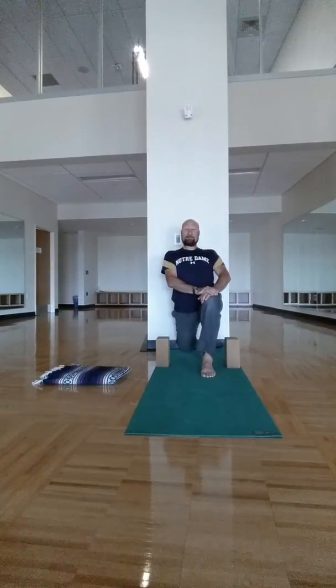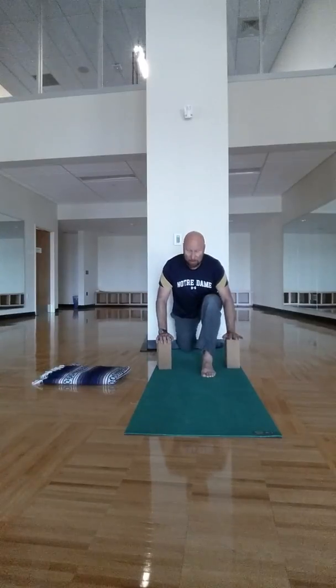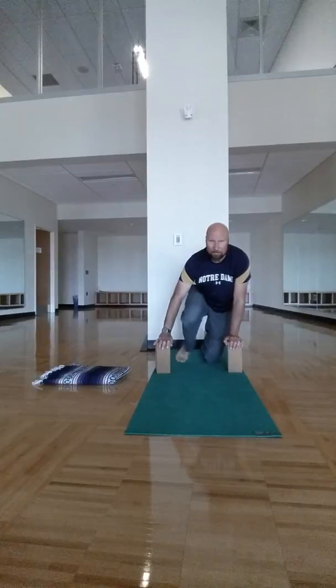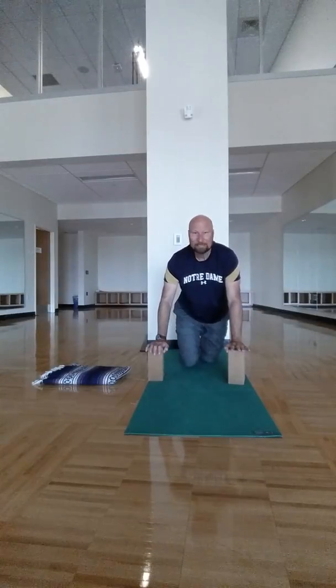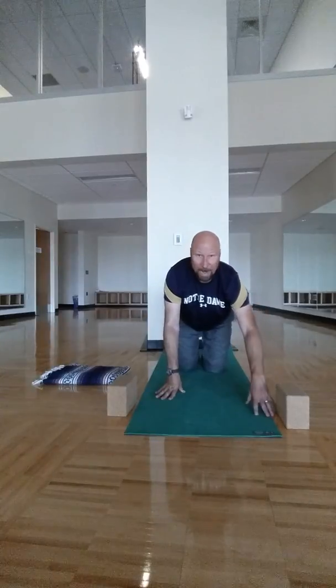Stay with it. Last breath here. And we're going to release. Hands can come on the block, support yourself, zip up your core, slide that left foot forward a little bit, then bring the right leg back, and then we can step forward, a little lunge, good, and then release. Blocks can come forward, and then we're going to bring just the right leg forward as you